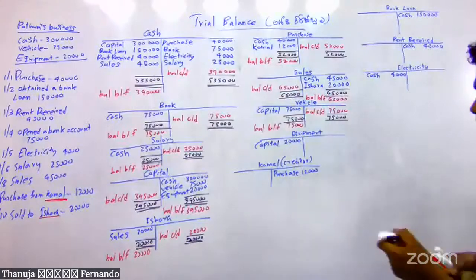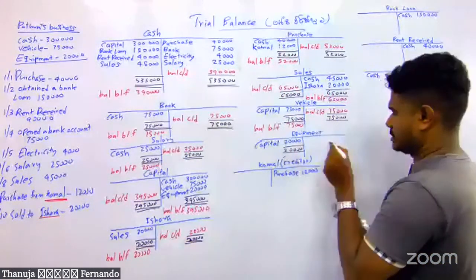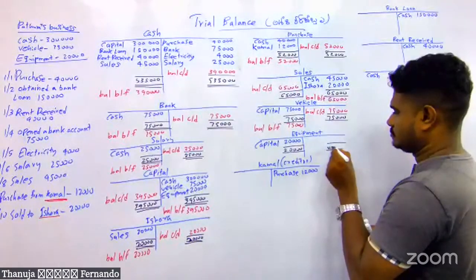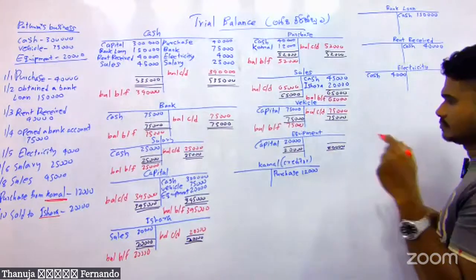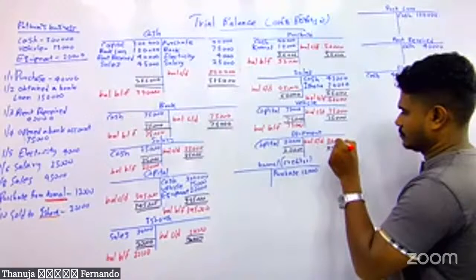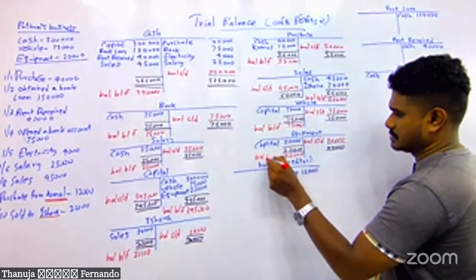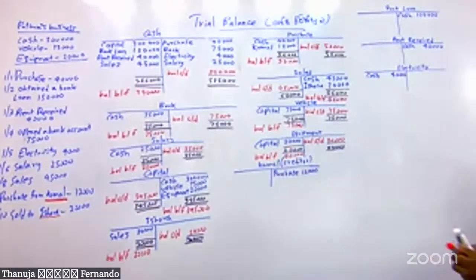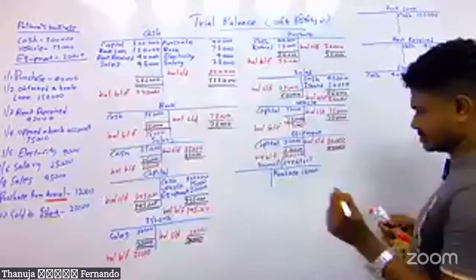Then equipment store, same, 20,000 to both sides. Balance carried down, balance brought forward. We have 4 accounts. Then Kamal account